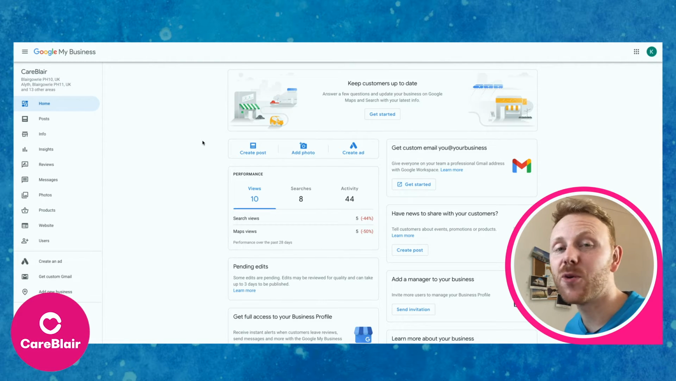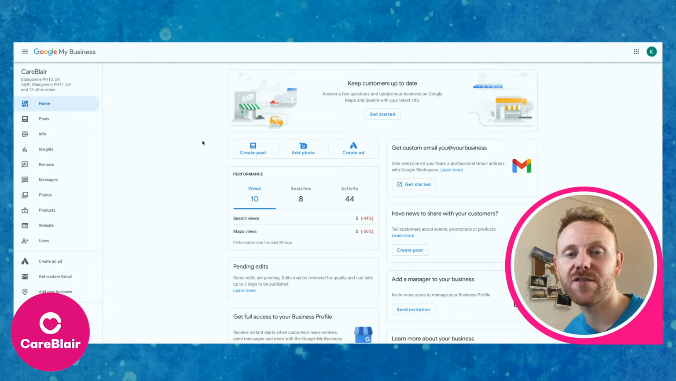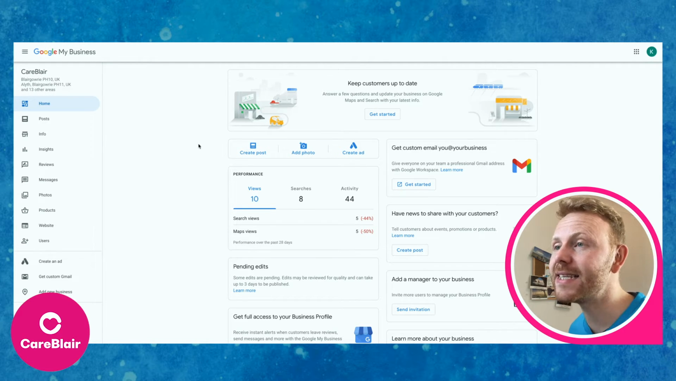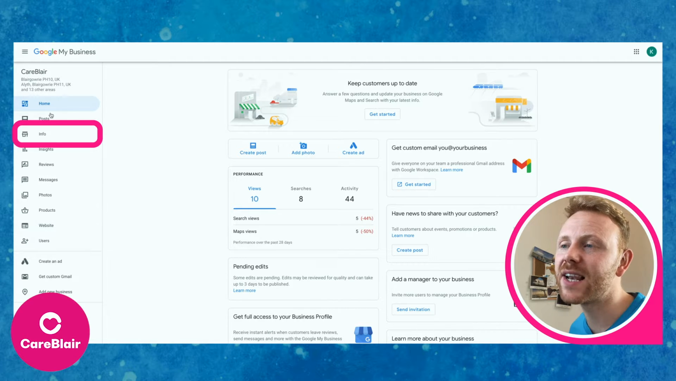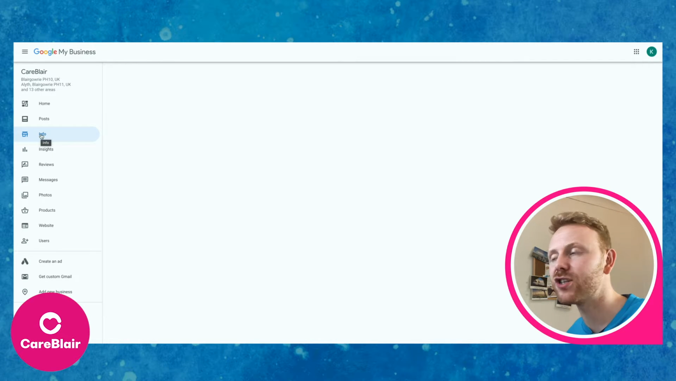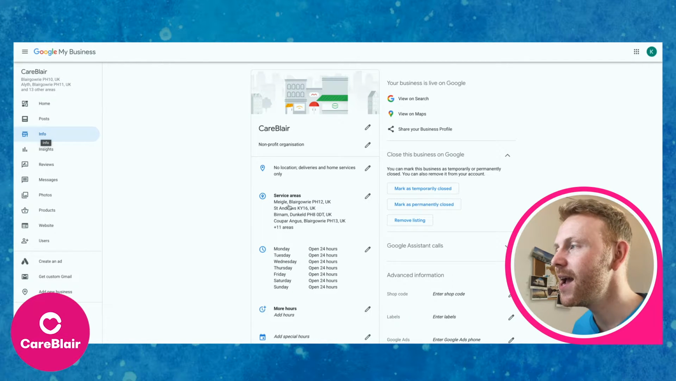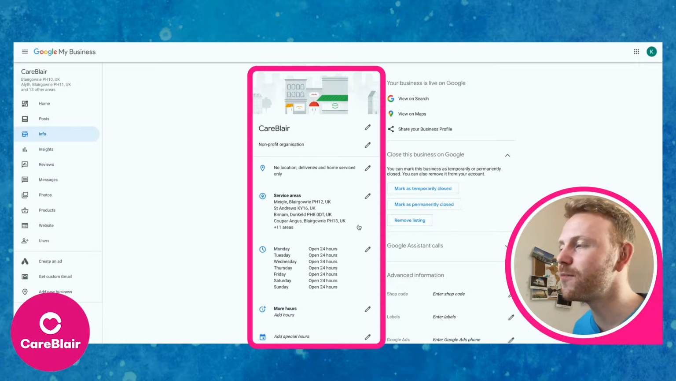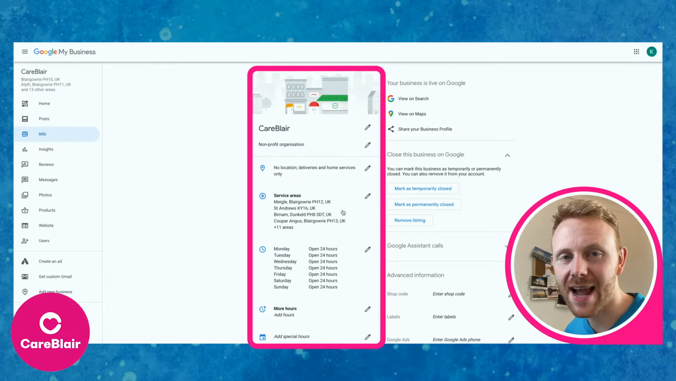So the first thing that we want to do here is to go and add in all of the relevant information about our non-profit so people can get to know us quickly and easily when they're searching for us on Google. The quickest and easiest way to do this is to come over here to the left-hand side of the screen and select Information. And this will allow us to input all the relevant information about our non-profit. As you can see here, we've got a range of information that we can add. I'm going to take you through the most important ones and show you how you can customize them to your